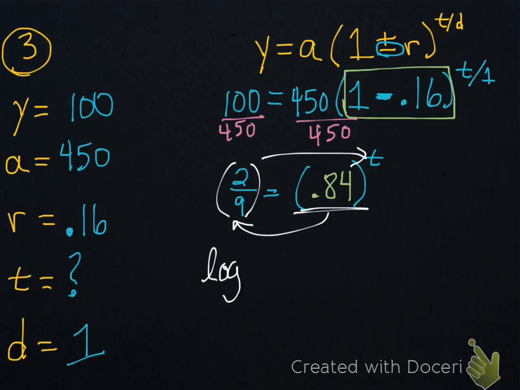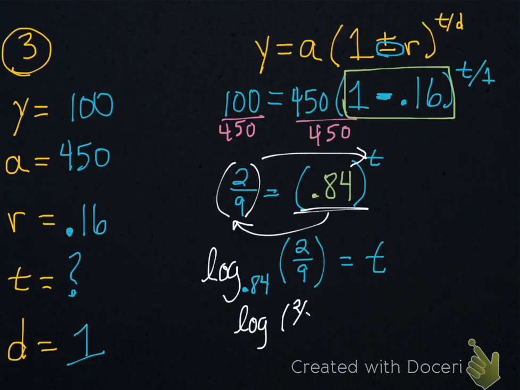So I have log base 0.84 of 2 over 9 is going to be equal to t. The cool part is we don't even have to multiply or divide by anything to get t by itself. So when I use change of base to plug it into the calculator, I would have log of 2 divided by 9, all of that on top, divided by the log of 0.84. Yes, you could have gotten 2 over 9 as a decimal. That would have been fine. And I get